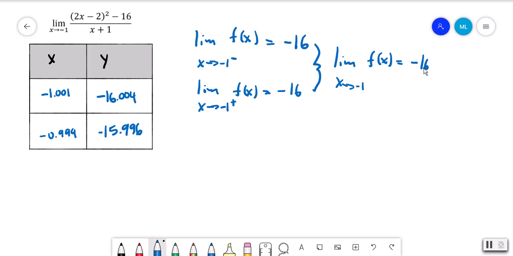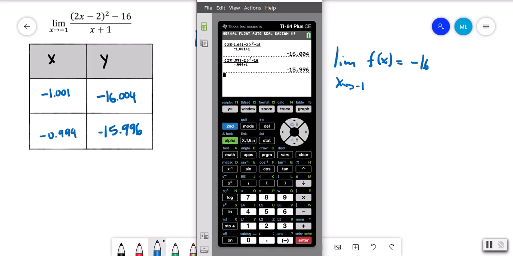is negative 16. Now, that seems a little practical in the sense that, okay, the limit is just going to be negative 16 because we picked not really arbitrary values, but close values to negative 1. But then it becomes a question as to how close do we get, how many values do we need, etc. So another way that I could have done this is that I could have used the graph or